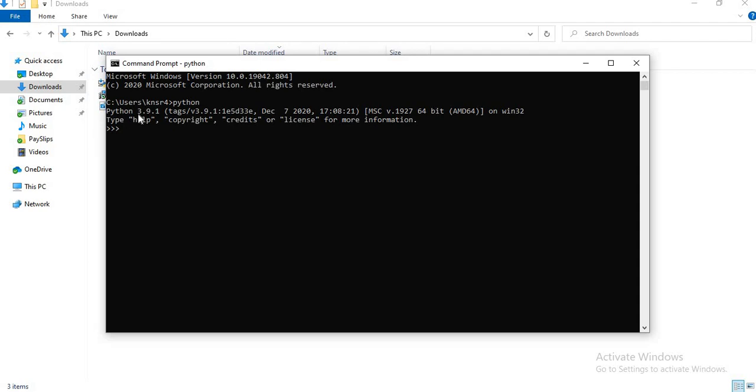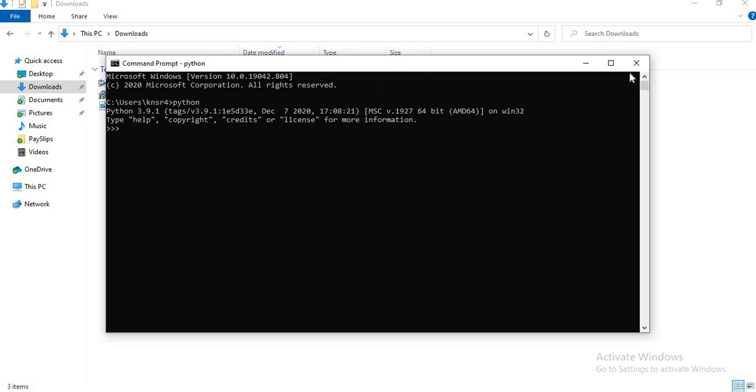Now we need to install some packages to work with Python. I will show you how we can install two packages called NumPy and pandas. For that I will use the pip command. Pip will help you to install these packages.